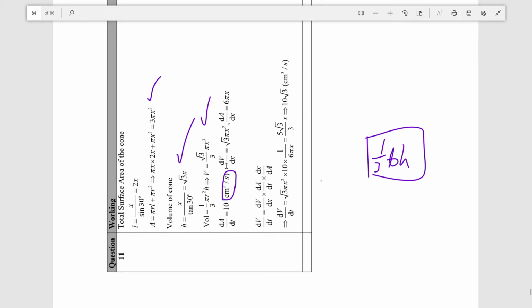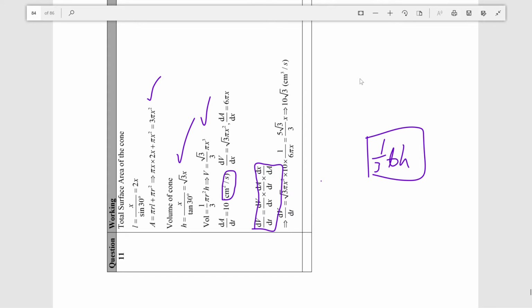Then we find that dv by dx is root 3 pi x squared, and dA by dx is 6 pi x. This is quite an interesting way to go about things, because although it does check out, so you have dv by dx is dA by dt, and we want to get rid of dA on the top, and we want to get rid of dx on the bottom, so dx by dA. I suppose that is one way of doing it, but honestly I am much more partial to the way I